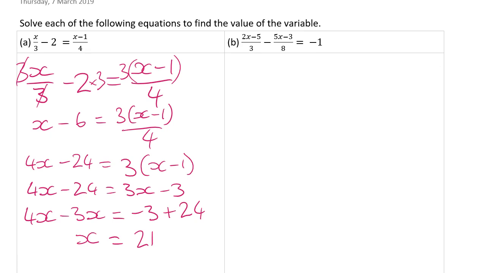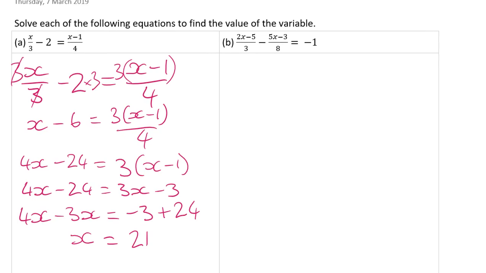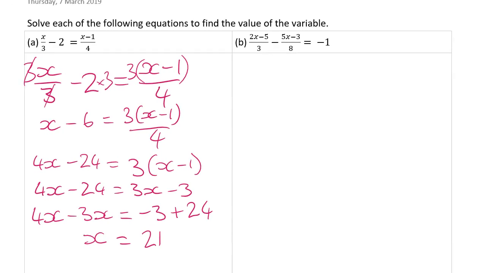Okay, part B, similar situation. I'm going to have, I'm just going to write it out, 2x minus 5 over 3 minus 5x minus 3 over 8 equaling negative 1. Now here you can either try and make